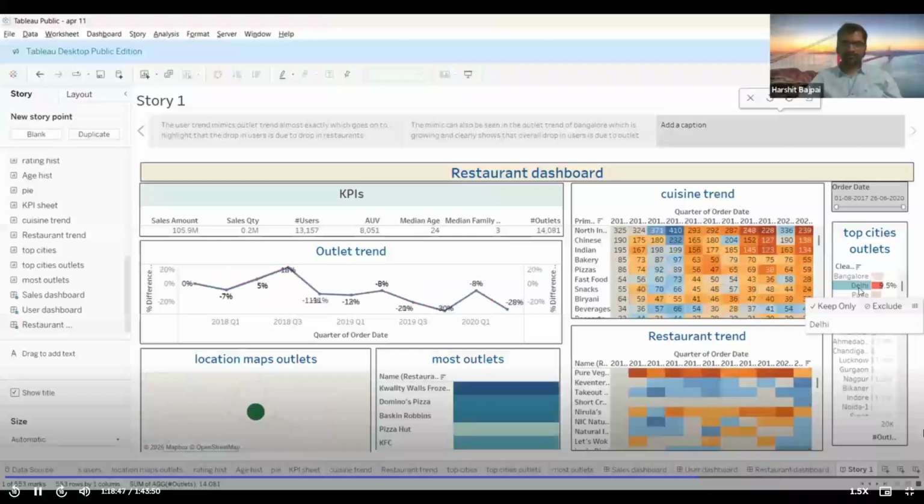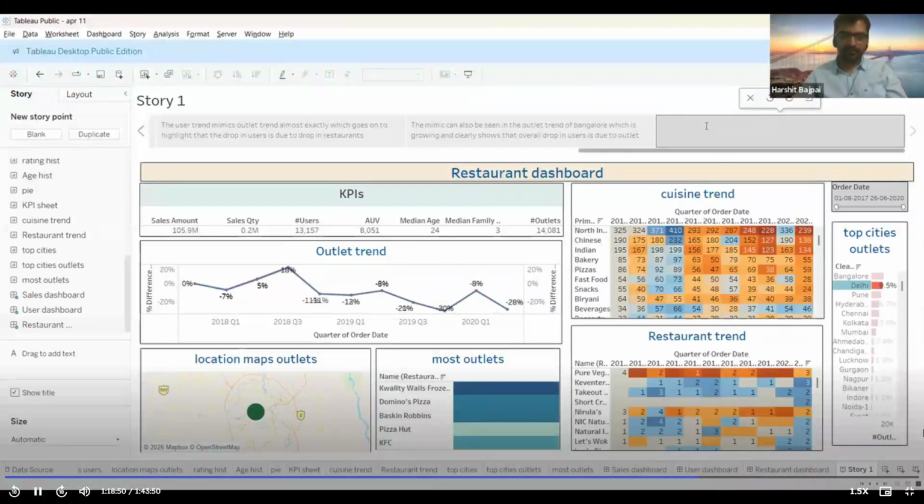Delhi. Okay. Delhi has 28% drop with majority from North Indian, Chinese, Indian cuisines, which requires fixing through city outlet expansion,